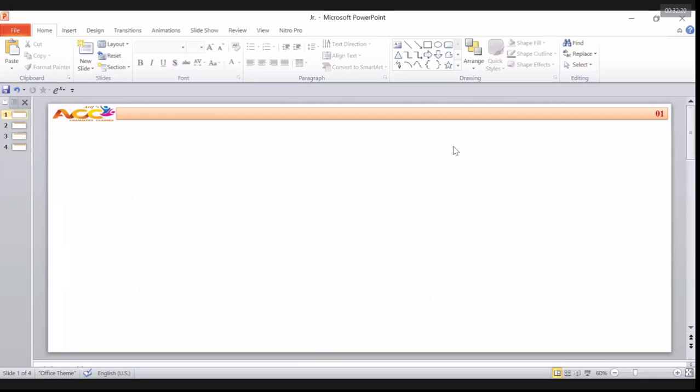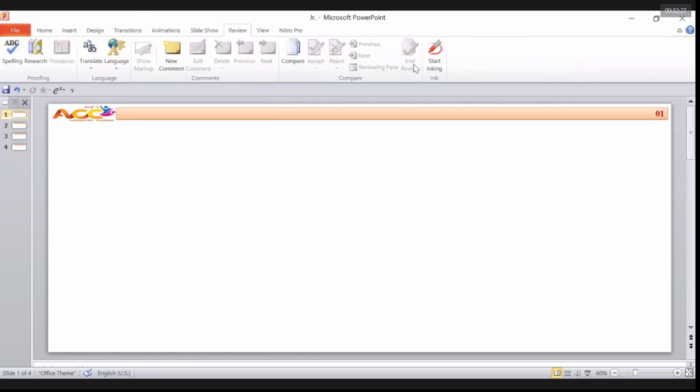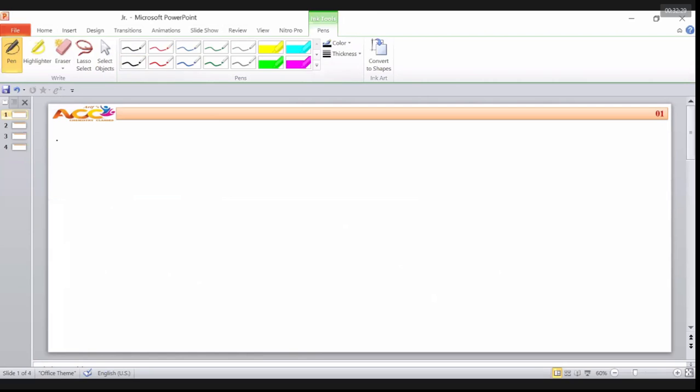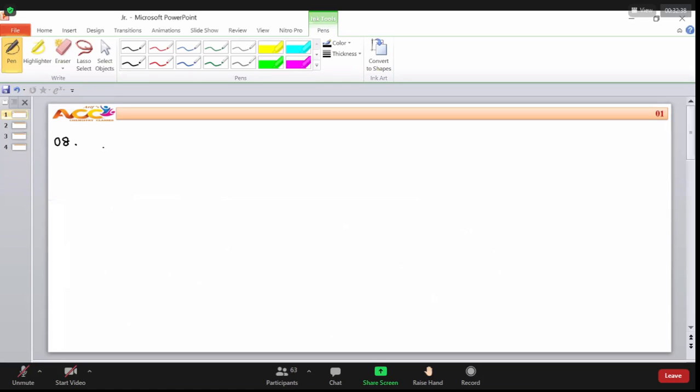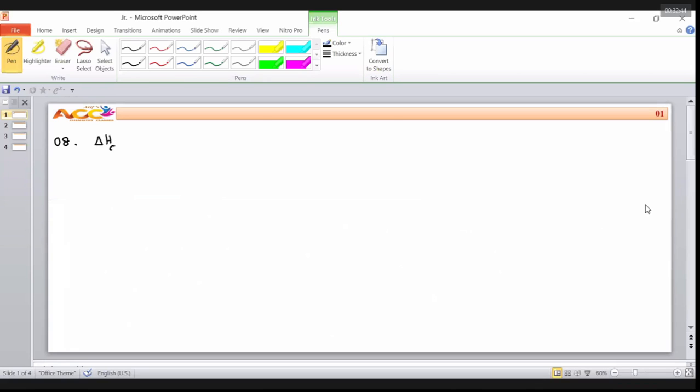Now, coming to the next type of problem. I'm changing the type now. Question number 8. Molar heat of combustion. Don't write all the things. Molar heat of combustion of acetylene gas,